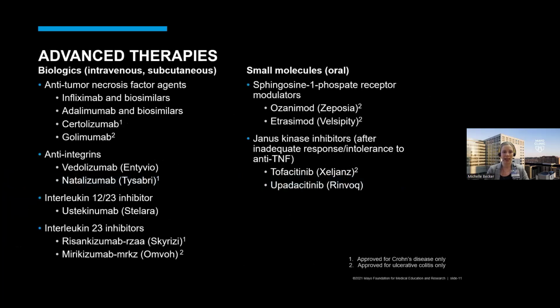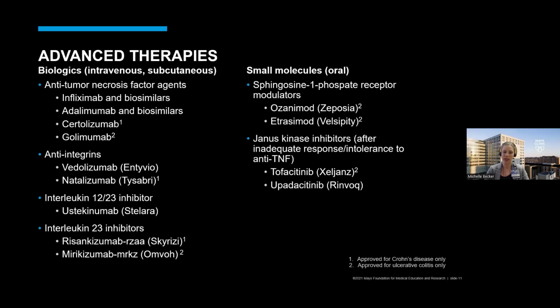These advanced therapy classes include our biologics: anti-tumor necrosis factor alpha agents, anti-integrins, interleukin 12 and 23 inhibitors, and then interleukin 23 inhibitors. We also have small molecule agents, which we won't be discussing further today: our S1P receptor modulators and Janus kinase inhibitors. So you might be saying, wow, there's been so much advancement, so many more medications available,